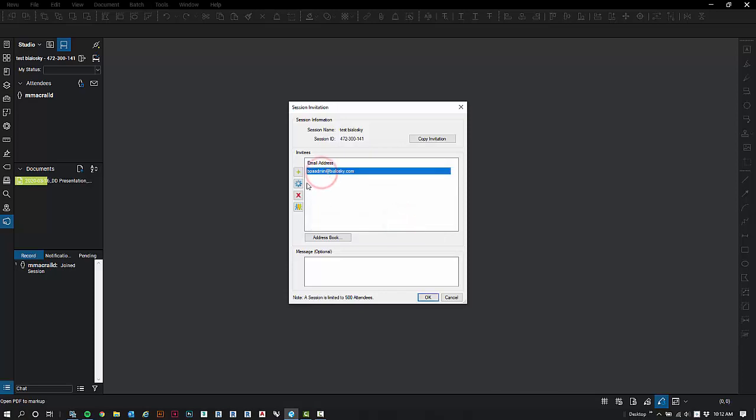It'll bring that up here, and at this point I can actually change, add, go to my address book, but in this case we'll delete it. The other way that I can do it is actually to send them an email from my own email